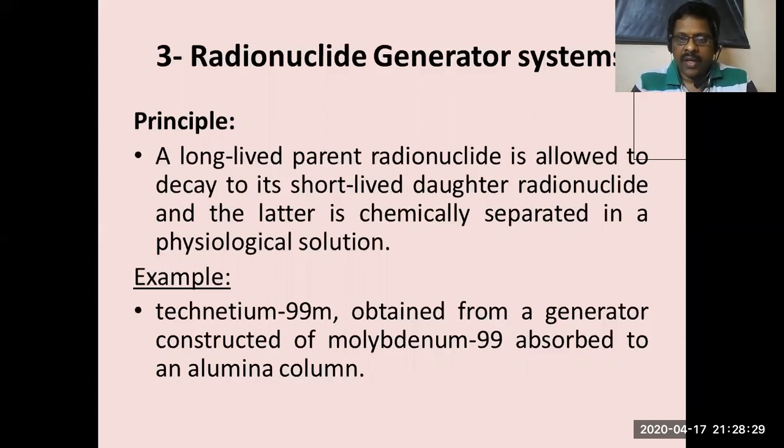Here, the radioactive nuclide will be taken in a sealed chamber and allowed to decay by its own decaying process, slowly emitting radiations. By that decay, the daughter molecules are produced, which are pharmaceutically useful. That may be a short-lived daughter nuclide, which means for a shorter duration it may emit radiations. Afterwards, they become totally inactive.